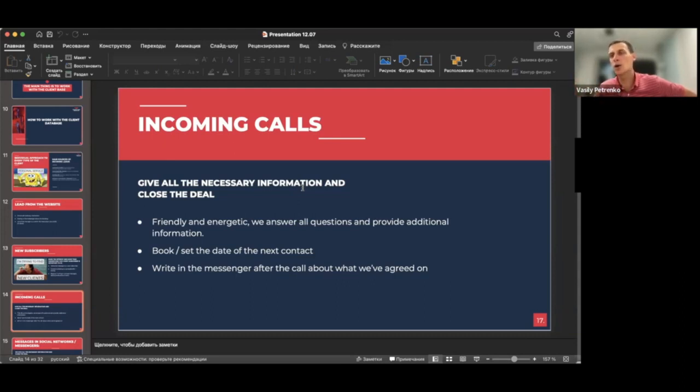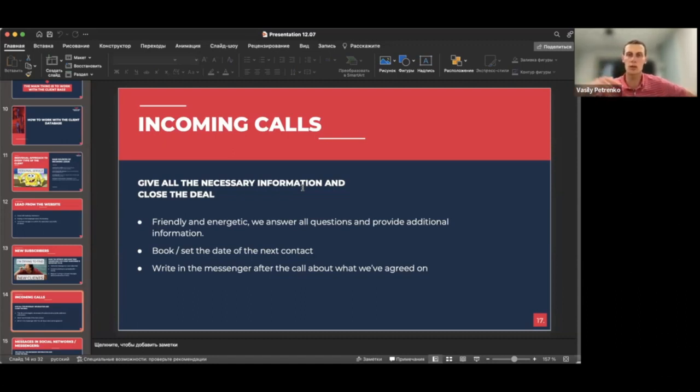I know that nowadays people are not calling too much. They mostly prefer to use messengers, like, who is calling? The iPhone is not made for calls, right? But still, a lot of people want to talk. They want to get more info. In this case, this is our sales process. We talk with them and we provide them as much as we can about our arena, and we are exactly closing the deal here.